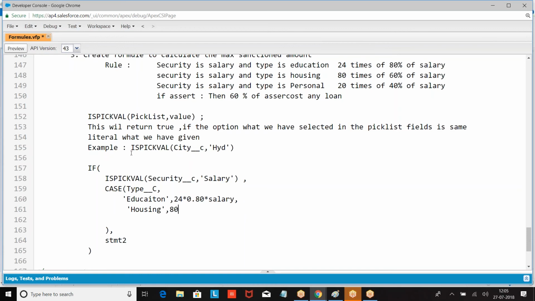Housing, 80 times of 60% of. Then we have personal, 20 times of 60% of 40% of.